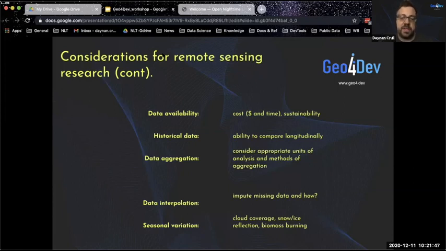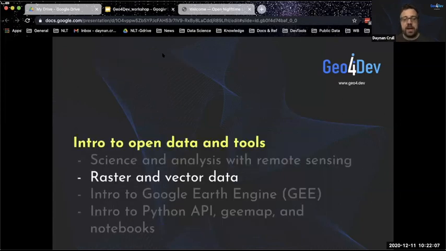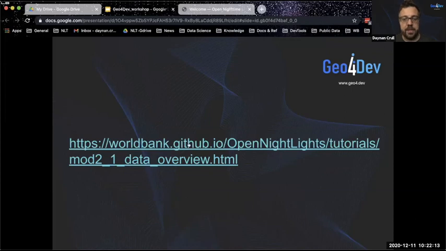You may make choices to interpolate data yourself. I wouldn't recommend doing that for cloud coverage because you're talking about a massive swath of pixels. Interpolation will probably be a bad idea across such a large area. But if you have something small that you're masking, like gas flares or just bad pixels, perhaps some kind of interpolation is a good idea. So you want to think about these things. I don't want to spend too much time on that because I want to get into the practical aspects of it, but these are important things to think about.